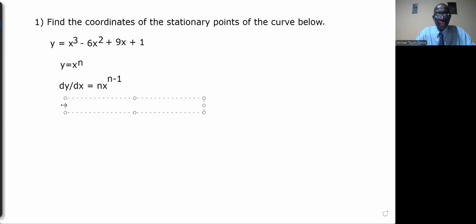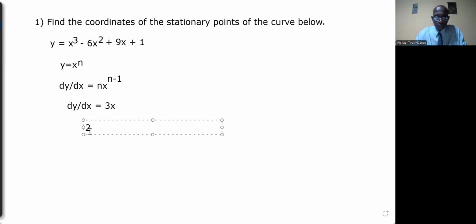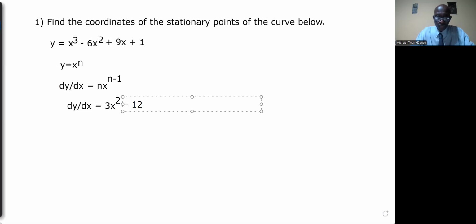So in this case, the curve is y equals x cubed minus 6x squared plus 9x plus 1. So here we're going to have dy/dx equal to 3x squared minus 12x plus 9. So we just differentiated, as you see, the exponent n in the general formula is equal to 3